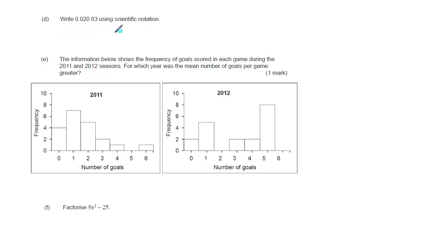We want to write this number using scientific notation. So we have 0.02083. Now, for scientific notation, we need one non-zero digit in front of the decimal point. So the decimal point needs to be here, and that means it's moving 2 places. So that's going to be 2.083